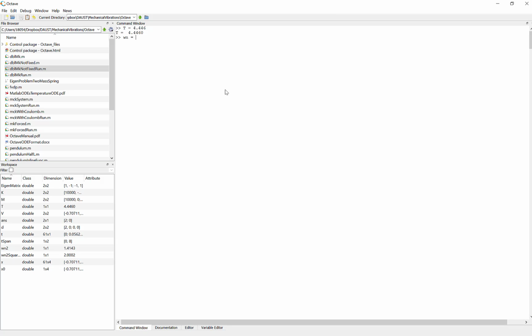Our formula for that is 2 times pi divided by T. So it says that omega n is equal to 1.4132, and remember what we got as an eigenvalue was 2. So we square this, and you can already tell that it's going to be really close to 2. So omega n squared, and we get really close to 2. The reason I didn't get exactly 2, of course, was because